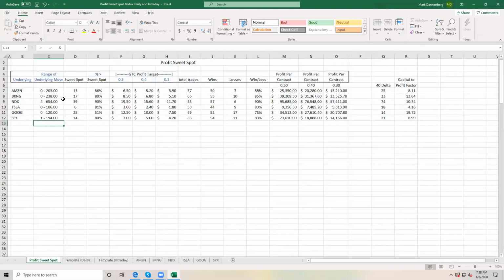So what we're doing is we're summarizing for you right here. First column shows the range of movement in the underlying stock. These are the maximum range. It's interesting. NDX during 2019, the smallest movement on any entry was a 4-point move, and the biggest move on any one signal was a 654-point move. Now, you're going to leave a lot of money on the table there because we calculated that a 90% sweet spot would say, wait for the underlying to move 39 points and take your profit.